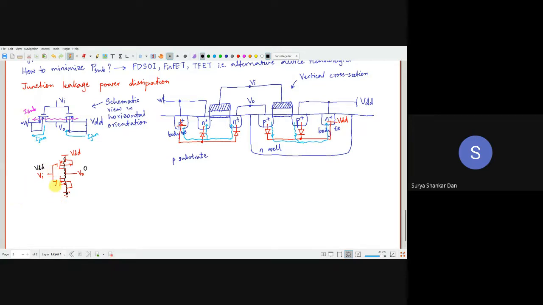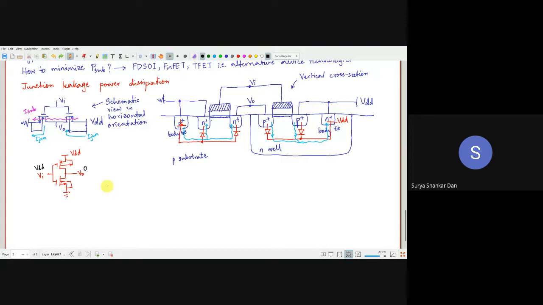Okay, this is something very similar to the short circuit current, but the short circuit current occurs when both the transistors are in saturation or linear. Okay, and that happens only during the transition. That's why it is dependent on the operating frequency as well as the switching activity. But the same short circuit current, when the transistors are quote unquote switched off, that is basically the subthreshold current. Okay, that is threshold leakage.